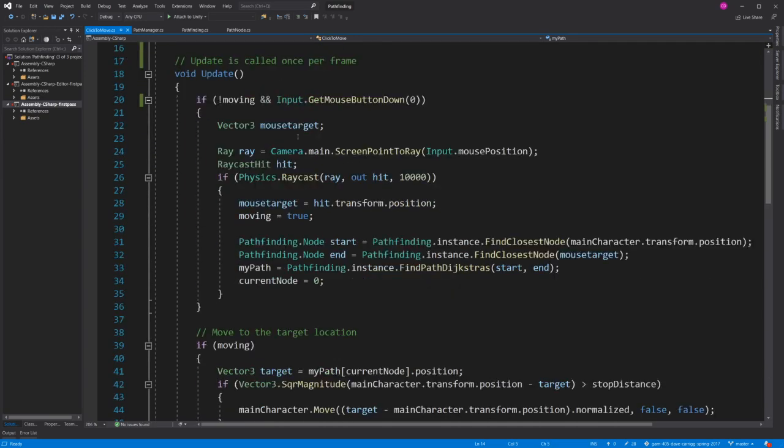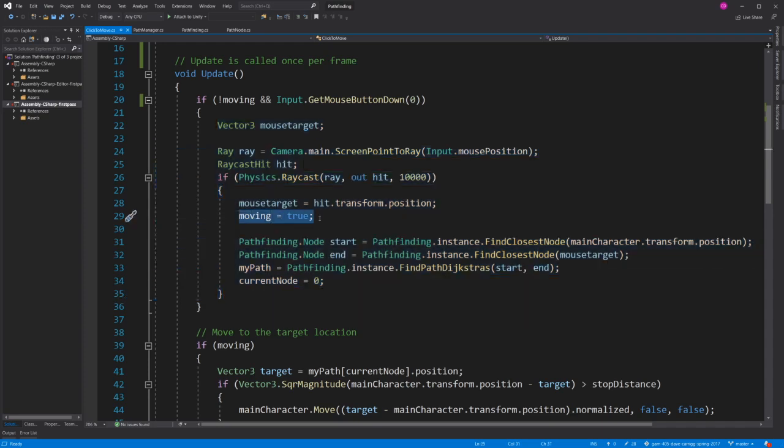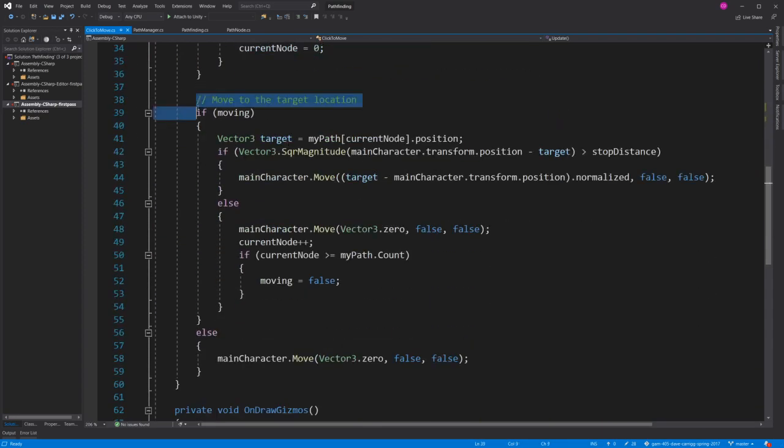In the update function, there are essentially two main components. One checks if it's not moving, and then it gets the left mouse button. It determines where a point has been clicked and generates a path. And then the important thing is that moving becomes true if this happens, to indicate that our character should start moving along the path that it's generating. Then there's another section, which is if it is currently moving, and it checks what the target is, which is based on which element in this path it should be currently moving to,